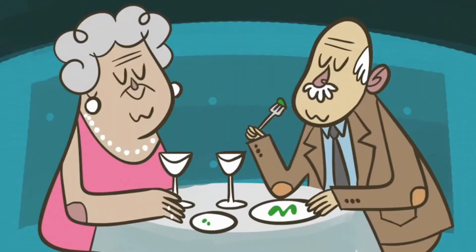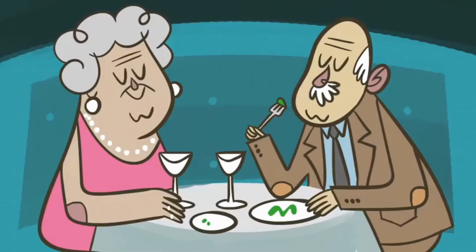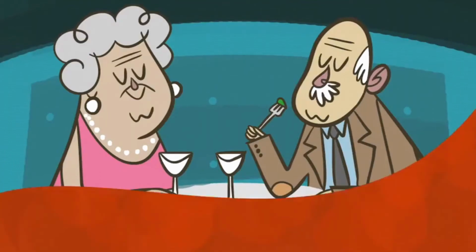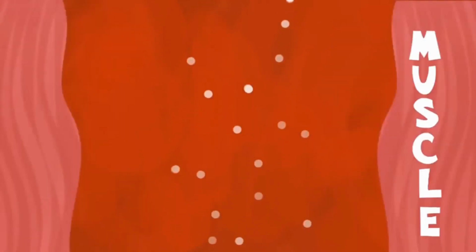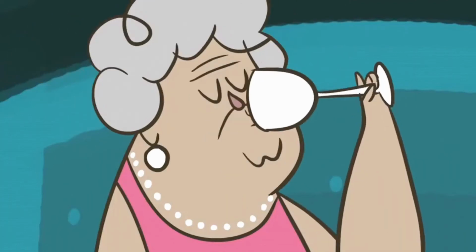For example, a man and a woman who weigh the same and drank the same amount during an identical meal will still have different blood alcohol concentrations, or BACs. This is because women tend to have less blood. Women generally have a higher percentage of fat, which requires less blood than muscle. A smaller blood volume carrying the same amount of alcohol means the concentration will be higher for women.